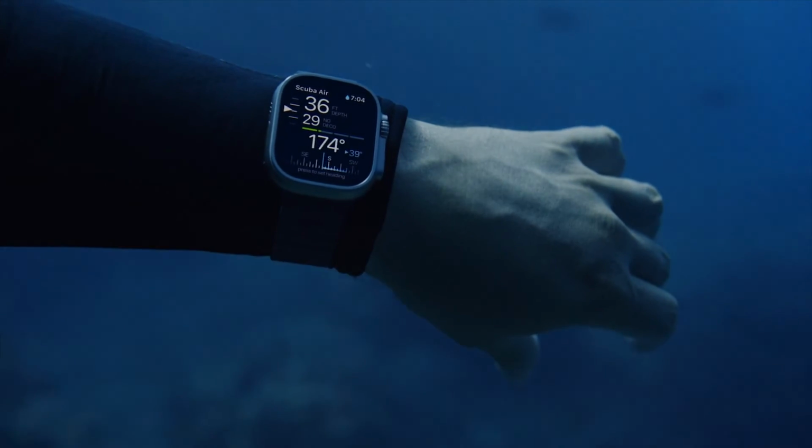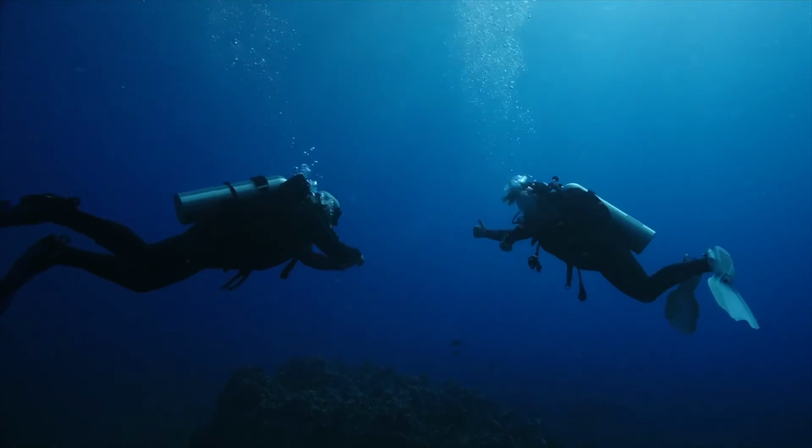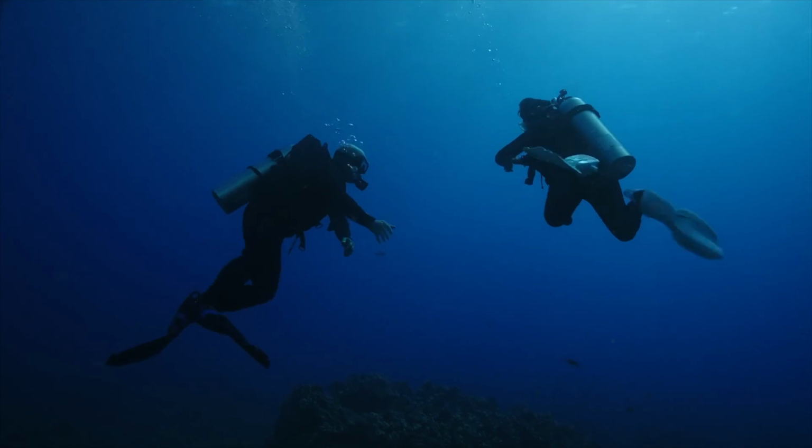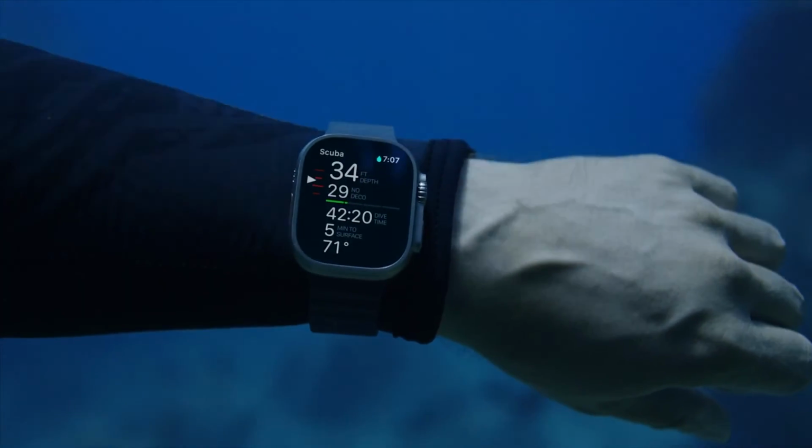I think the coolest feature is they were talking about how incredible this is for diving, because as soon as you would dive into the water, it would automatically detect, and you'd be able to detect the temperature of the water, how far you're diving, and I think that's just so